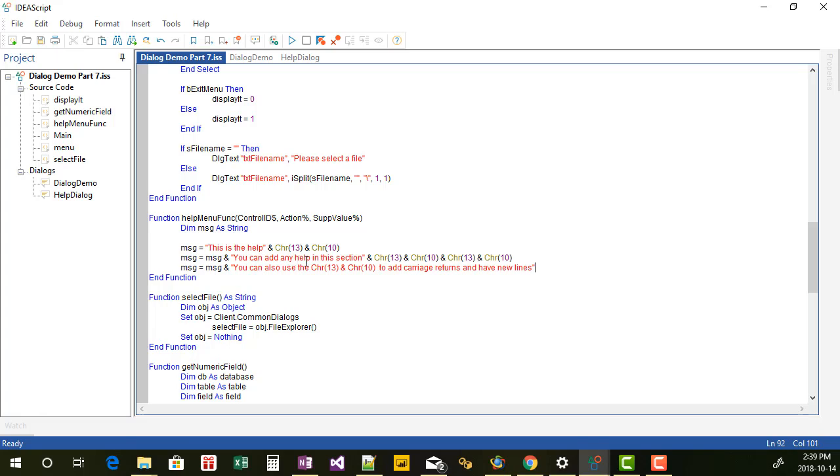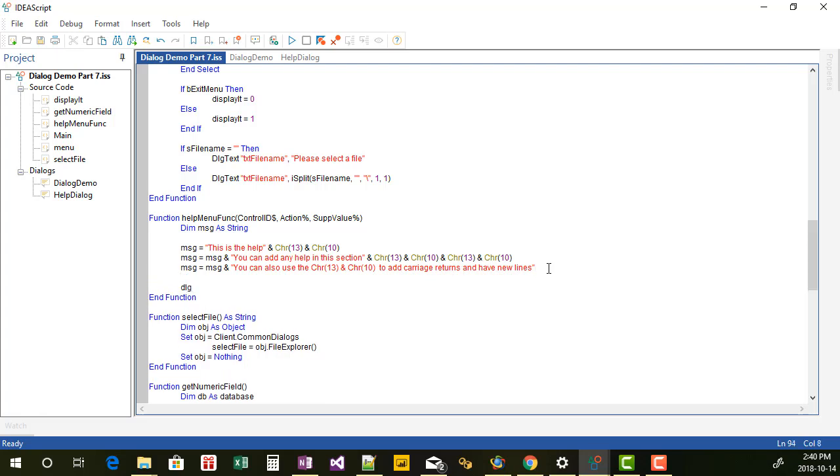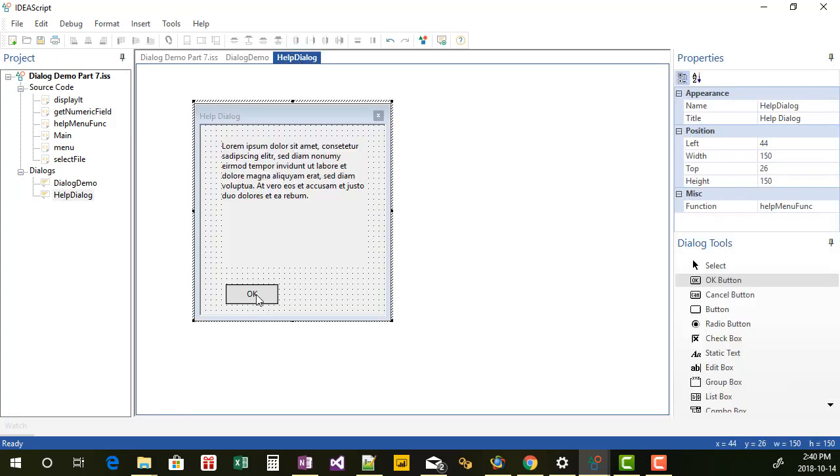So here you can add in any help in this section. Here I'm having two returns, so the two spaces, and then I'm just saying how to do it. And finally, I just want to do dialog text. Remember that adds on, that changes the dialog. So if I go here